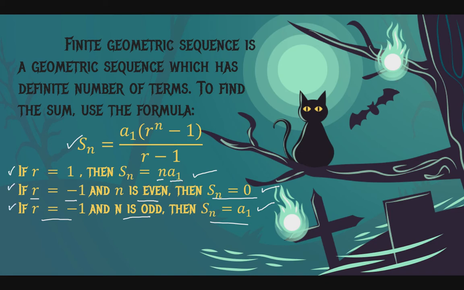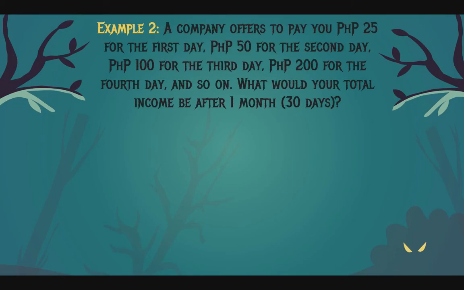So, a company offers to pay you 25 pesos on the first day, for our example number 2 to ha, 50 pesos for the second day, and 100 for the third day, 200 for the fourth day, and so on. What would your total income be after 1 month? So, dito, ang unang pasahod is 25 pesos. So, isulat natin yung ating sequence kasi nagbigay ng sequence: 50 sa pangalawa, 100 sa pangatlo, and 200 sa pang-apat,